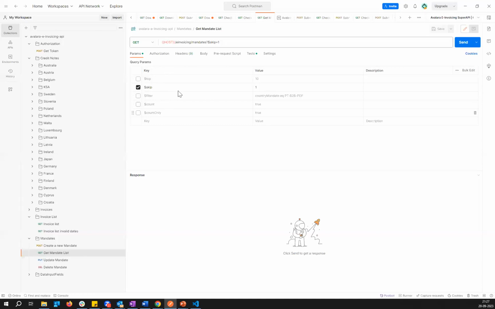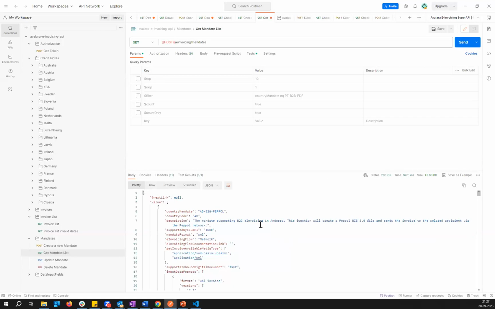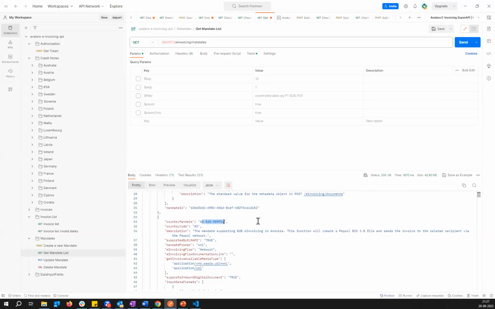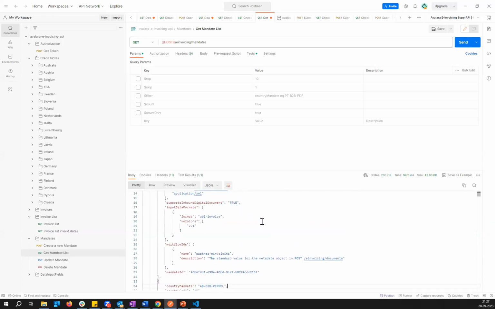We have some filters here, but for now I'll skip them and I will hit the send button. Now this is the list of mandates that we support. AD, B2G, PayPal, AD, B2B, PayPal. This will give you the entire list of mandates that we support at any given point of time. So that's all about the demo.